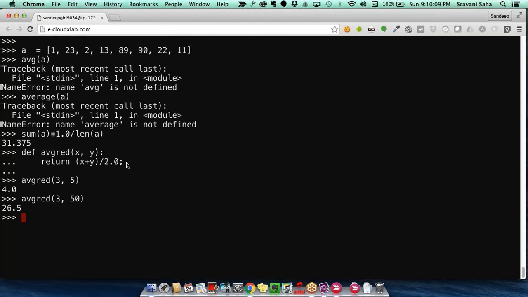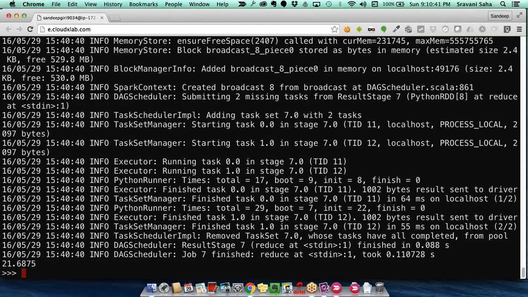It's working perfectly fine. Now let us say we have this array. First, let's convert it into an RDD. Let's call it array RDD, and we say sc.parallelize(A). So we are converting our in-memory array into an RDD. Now if we say reduce and we pass this function called average reducer, it says the answer is